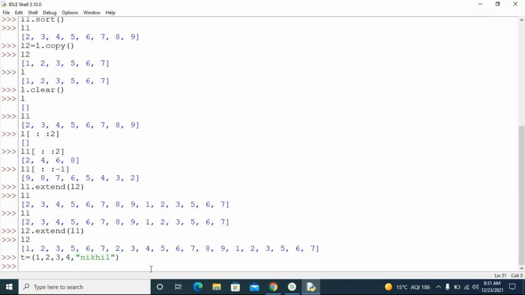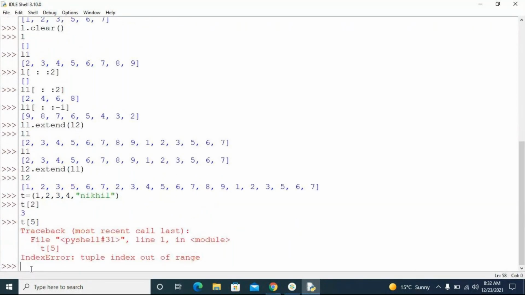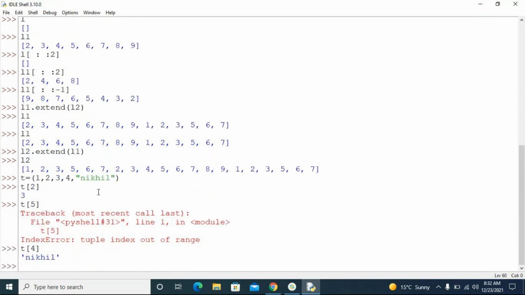Understood, right? You got it, right? So if I say t of 2, what is t of 2? T of 2 is 3, right? T of 2 means the index 2 is 3. Or if I say t of 5, what is t of 5? It is going to be nickel. I'm sorry, there is no t of 5, it seems. We have only t of 4 as the max. It's nickel, right? So there is no t of 5 because I'm going out of the range of the tuple. You're going to get an index out of range error.